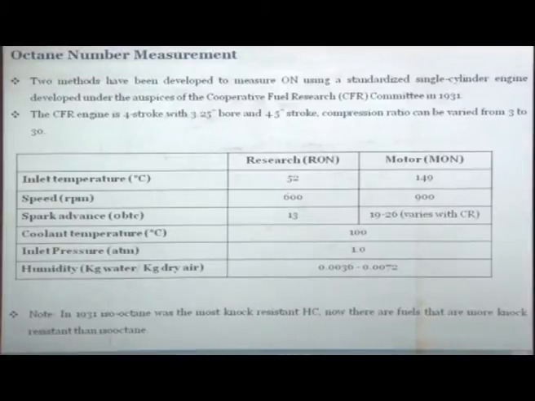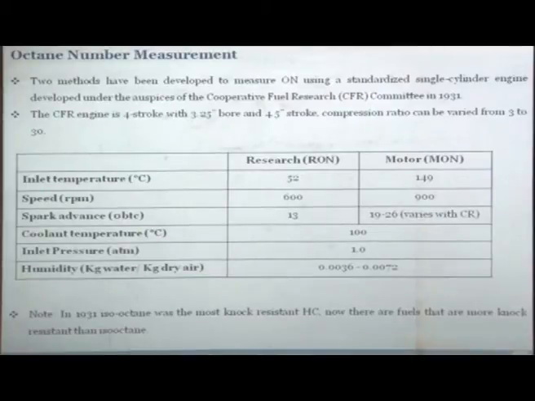But now there are fuels which are more than 100. So this scale was basically designed at that time to measure between 0 and 100. Now of course there are fuels which go up to 125 or even higher. So let's focus only on 0 to 100. If you operate the engine under these conditions, whatever octane number you measure is called the research octane number. And if you measure in this other condition, whatever octane number you measure is called the